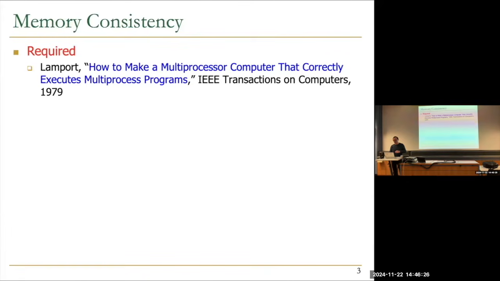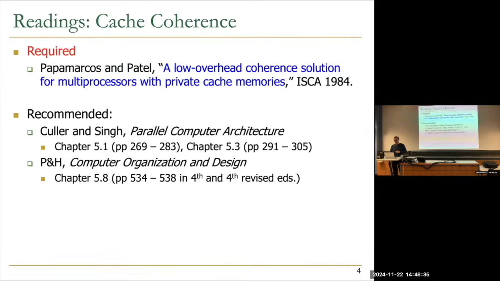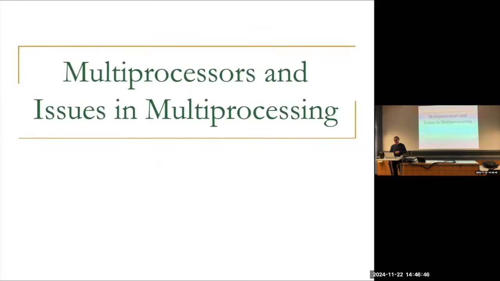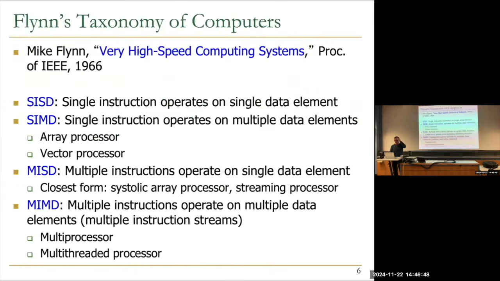This is another paper that we will discuss, probably not today, given how fast we're going, probably next week. This is about sequential consistency. And there's another paper on cache coherence, the MESI cache coherence protocols, that is also here. These are some fundamental papers. There are a bunch more that we will discuss as we go along. But I want to give a broader overview of multiprocessing.